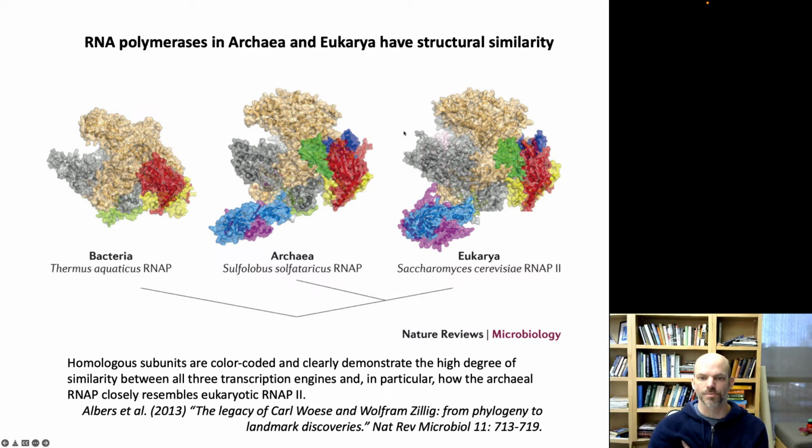And also from this biochemical structure diagram, you can appreciate how the archaeal form and the eukaryotic form are structurally very similar, whereas the bacterial RNA polymerase is structurally and therefore functionally quite distinct from the archaeal and eukaryotic forms. And for that reason, people actually study archaeal enzymes. So they grow archaea in the lab and study their enzymes as a way of understanding human biology and human diseases. So that is a very practical consequence of the fact that archaea and eukaryotes share a much more recent evolutionary